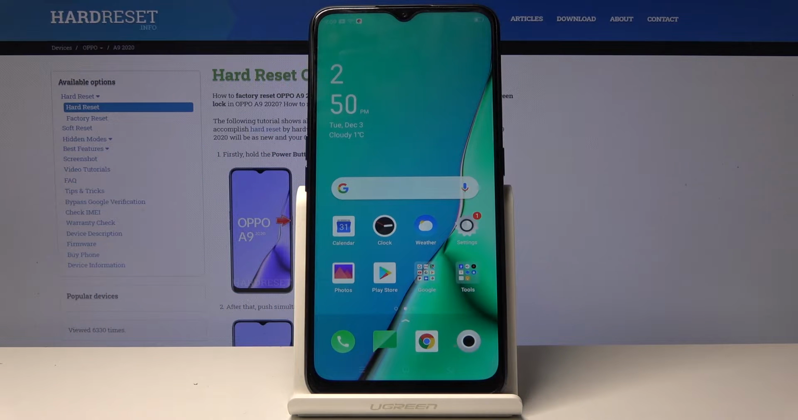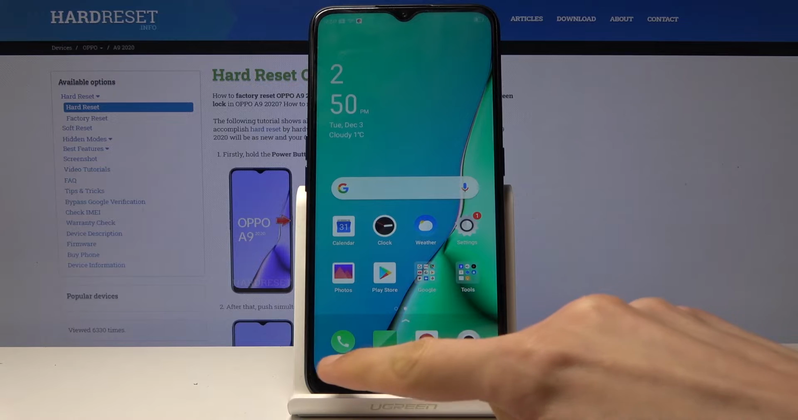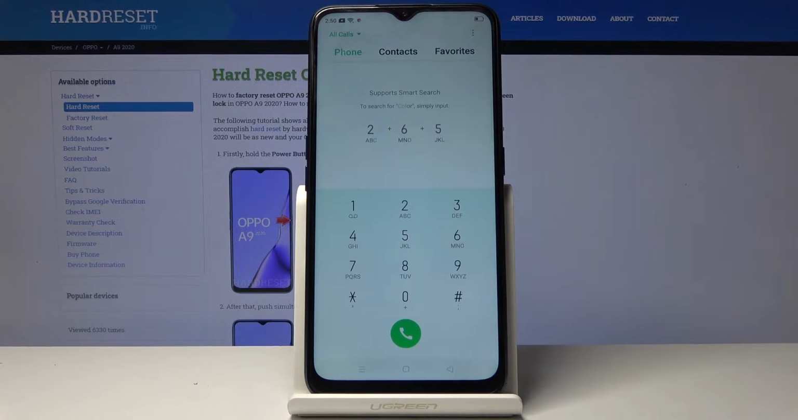Welcome, in front of me is an Oppo A9 from 2020, and today I'll show you how to block a number on the device. So to get started, you want to open up your contacts, so tap on the phone